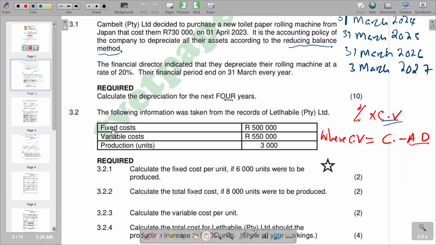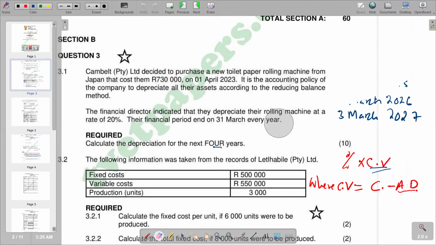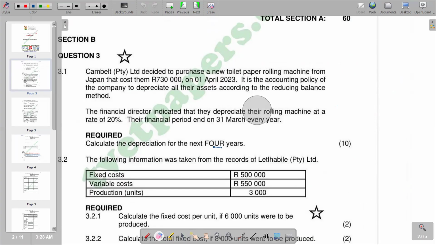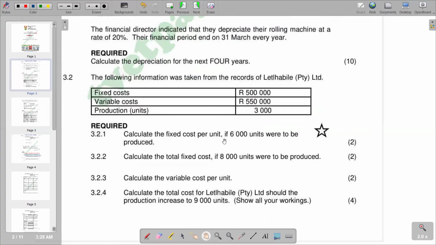So on 3.2, this is the information that we are given. So the 3.2 is the following information was taken from the records of Letabile Private Limited. We are given fixed costs, variable costs, and also production in units. So beneath that on the required, it reads calculate the fixed cost per unit if 6,000 units were to be